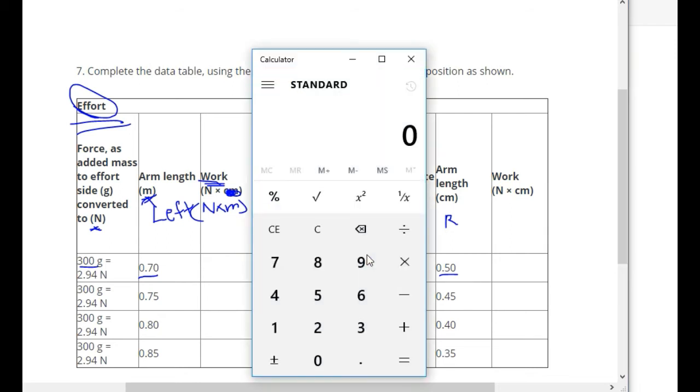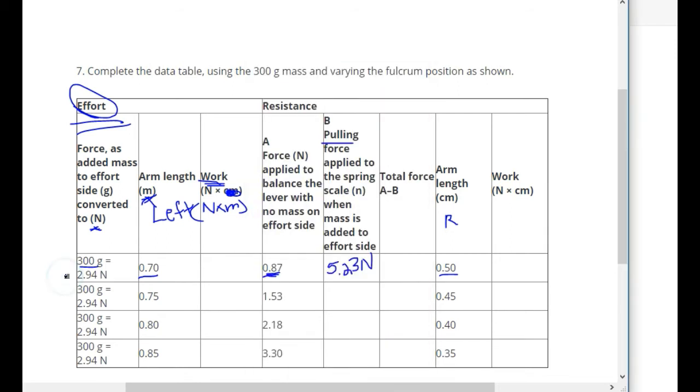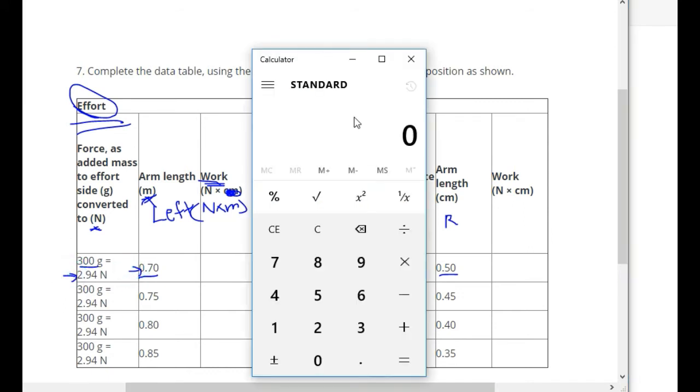You pull up your calculator, and you're going to use 2.94 for your newtons, and everyone should have this number the same. Now, when we were going through it before, I think I told you to use the other number for the one that you pulled down. If you used that number, that's fine, you're not going to get anything taken off. But you do 2.94 times your arm length,